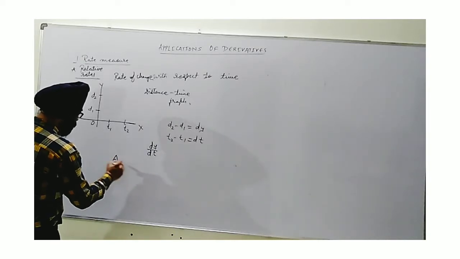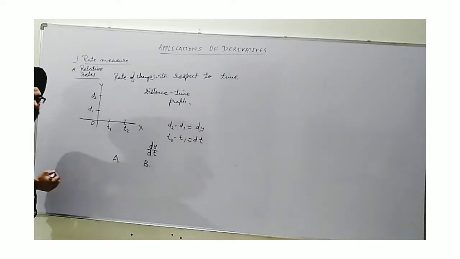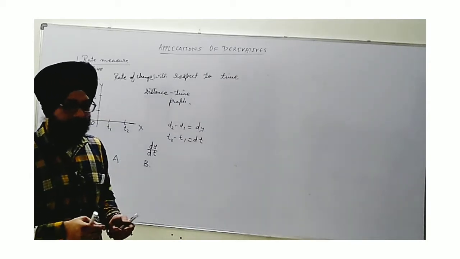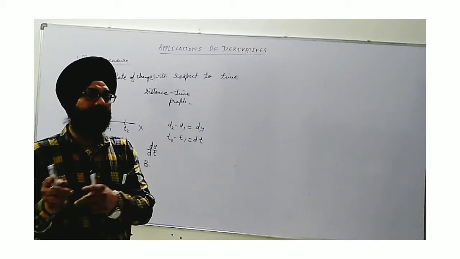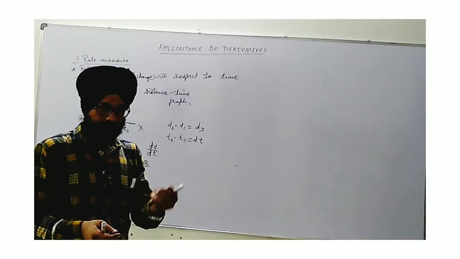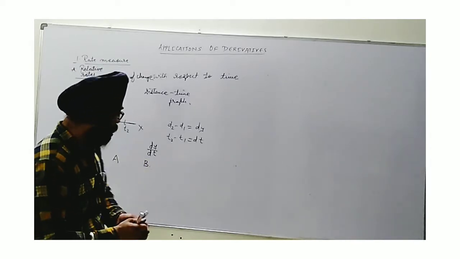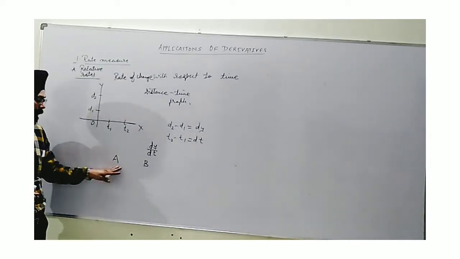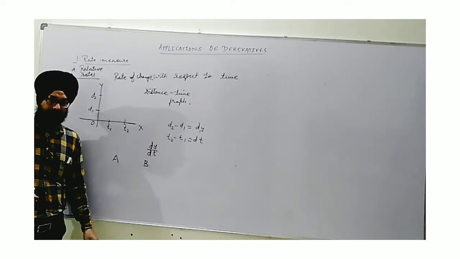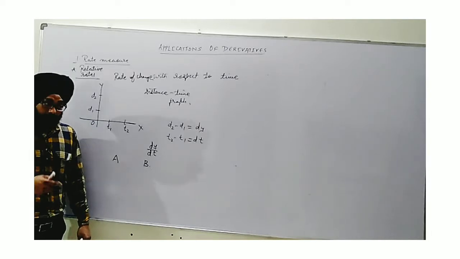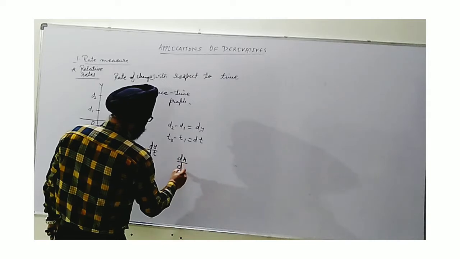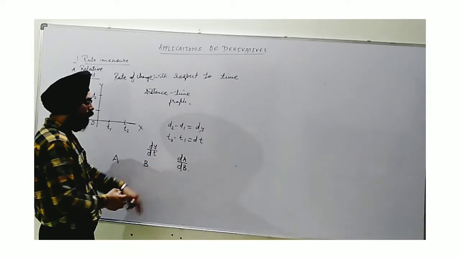We have two quantities A and B. Previously I gave you an example where the volume and radius of a sphere were taken, but volume was dependent on radius. There was a relation. Using a formula we could show that volume is related to the radius of the sphere. But suppose I consider a case where A and B are not dependent on each other, either A to B or B to A. But still I want to find dA by dB.